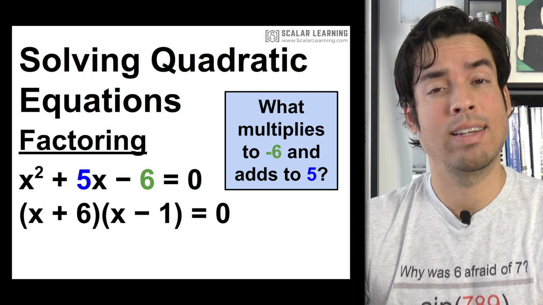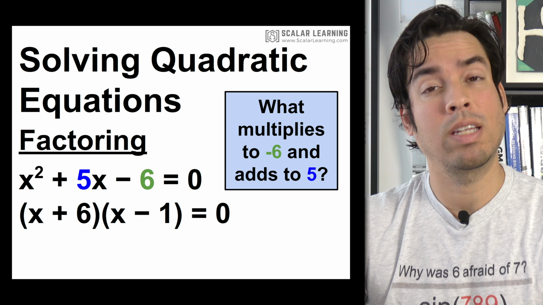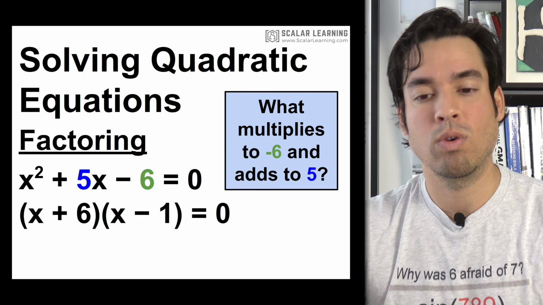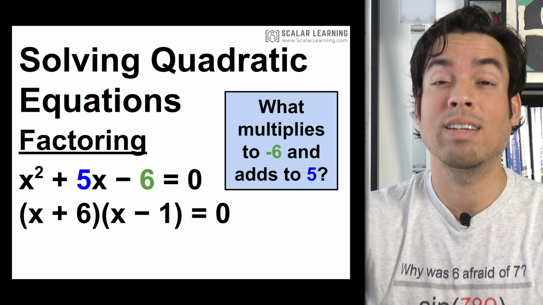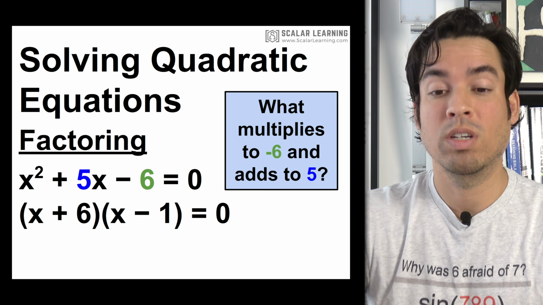Well, that would be 6 and -1, and that makes sense, right? 6 times -1 is -6, 6 plus -1 is +5, and that's how we split it up. We split it up into those two binomials, and if we were to FOIL, we would come back to that